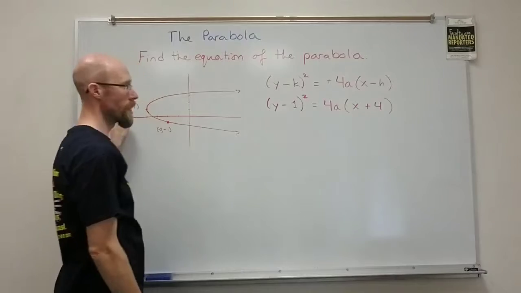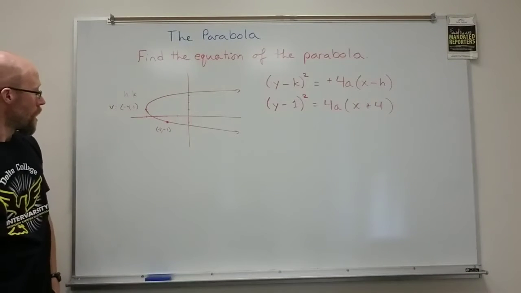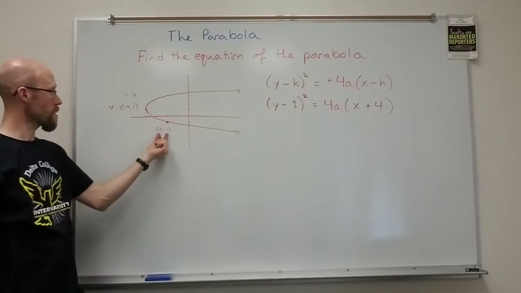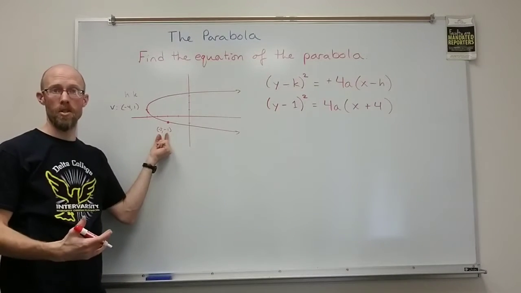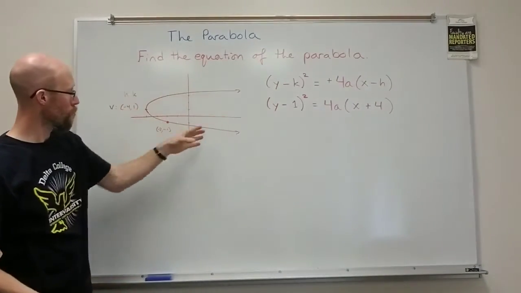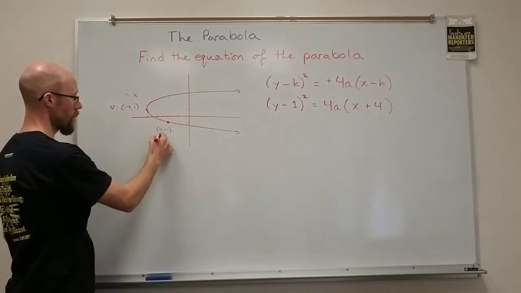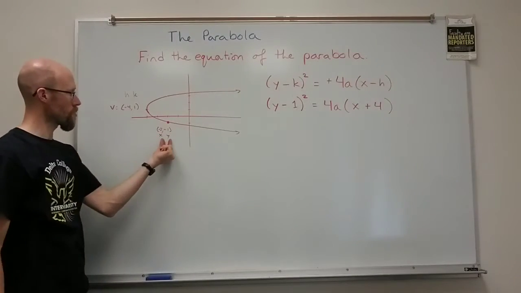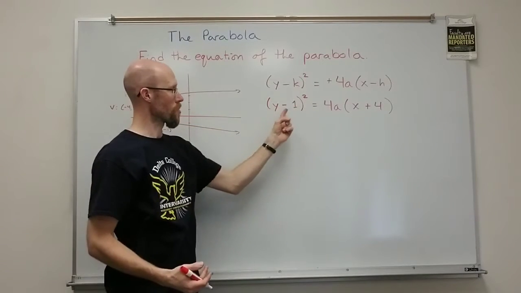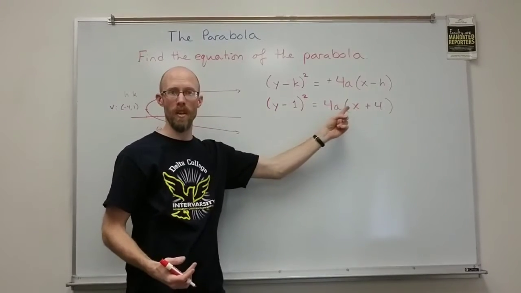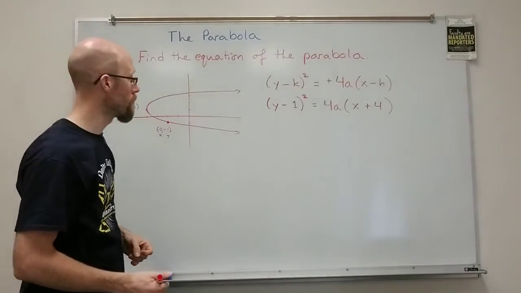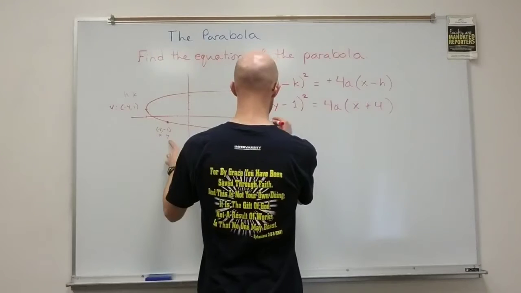There's a double negative on that. Okay. And then this other point is just an arbitrary x,y point on the graph. It could be any other point on the graph, but I chose -2, -1. So I'm going to use those as the x,y coordinates in order to find a. Notice there are currently 3 variables. If I fill in the x and the y, there will only be 1, and that's what we need to solve for. So I put a -1 in for y,